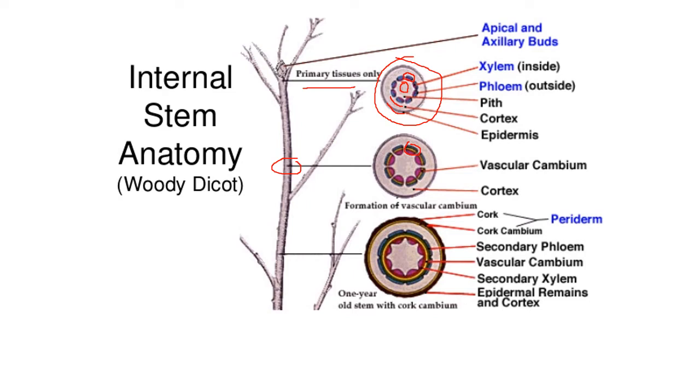When the stem gets a whole year old and we have a completely formed woody stem, the vascular cambium is formed, and we have a complete ring now. Those vascular bundles have linked together in a ring, and so you can see the xylem on the inside and the phloem on the outside in blue, and then there's the vascular cambium in yellow. And so that's where cell division is going to happen, and every year you'll get another layer of xylem and another layer of phloem. And then we start to get the bark forming, and so we have what we call